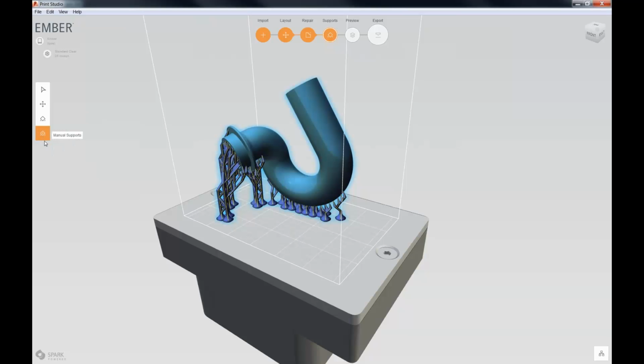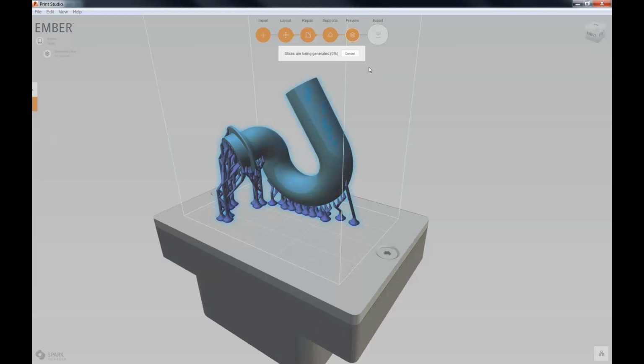So I've got manual supports down here where I can choose, say, a point on the bed floor, and then a point on a part, and I can add a support to my component like that. Okay, once we've done that, we can hit our preview button, and the preview will then generate all of the